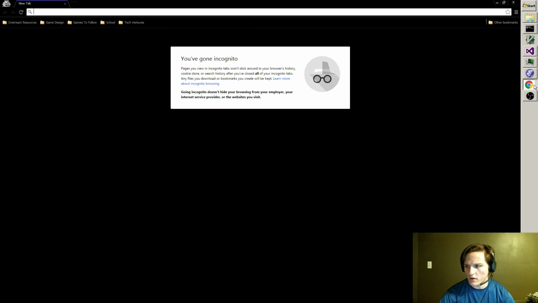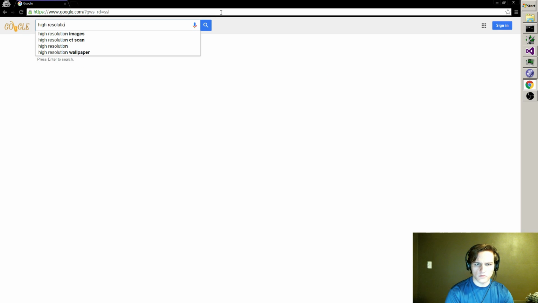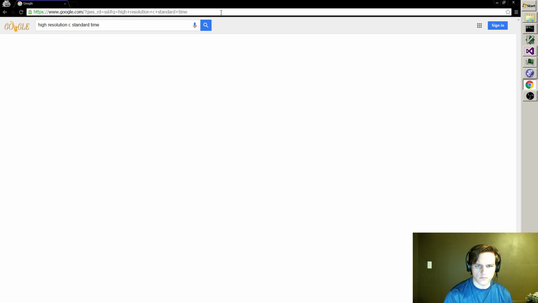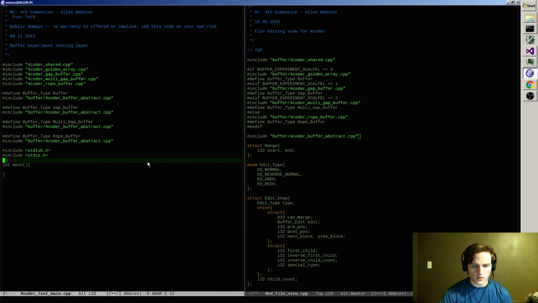We could keep looking. High resolution C standard time. High resolution time with C++. Yeah, it doesn't look like there's a high resolution standard timer. Okay, so we do platform specific timing still.